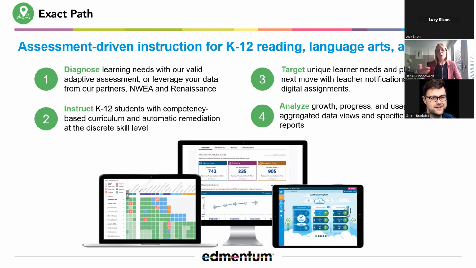And then as students move through their learning paths, teachers can quite quickly identify and target the unique learner needs, as ExactPath highlights areas where additional support may be required. And equally, we think about gifted and talented students who might require that further challenge to fully reach their potential